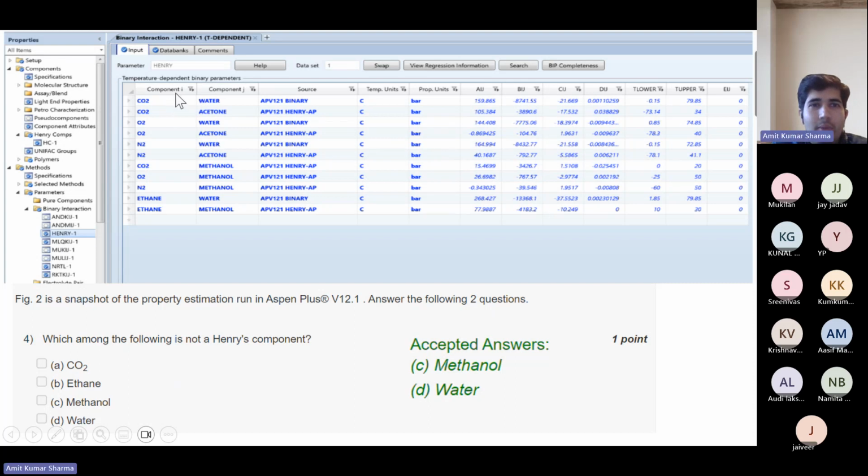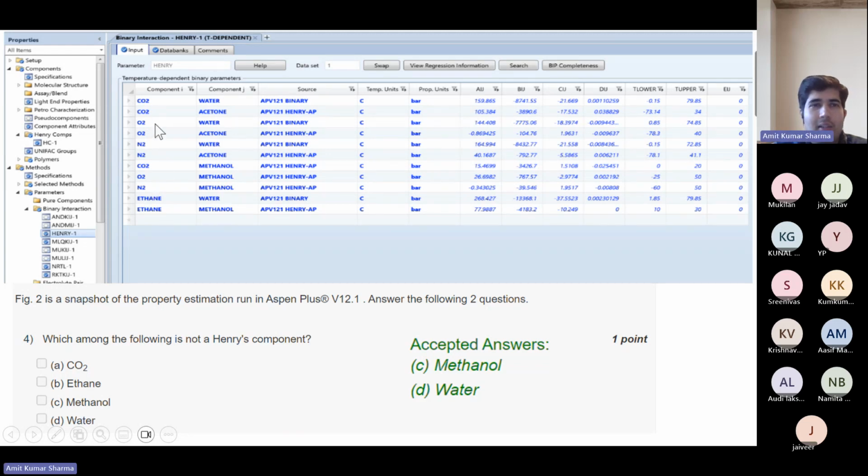I think we need both, actually. Because if you see only in the component I table, you don't have methanol and water. All other components are there. Like CO2 is there, O2 is there, N2 is there, ethane is there.